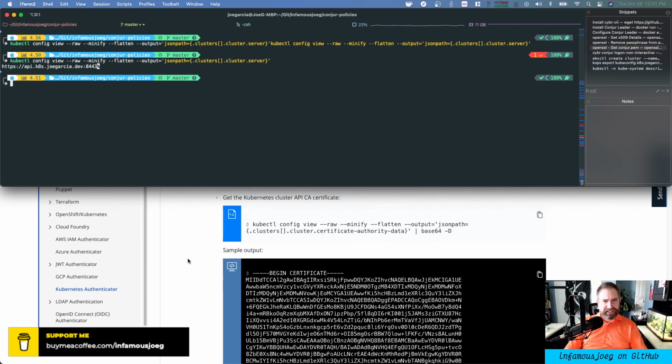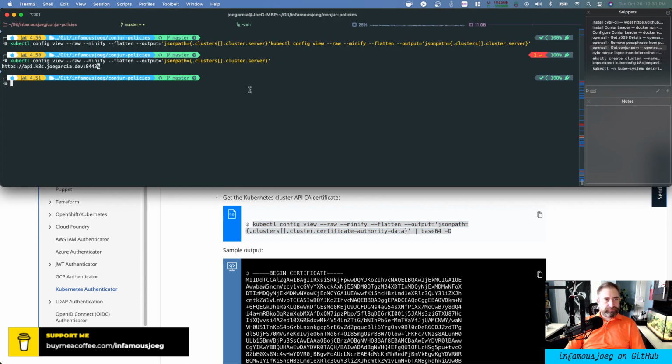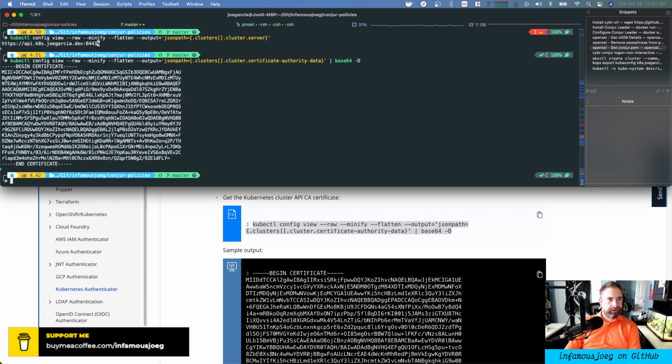And it wants a certificate. But it's just a certificate, so I guess this is okay. No private key action going on here. So we'll output this too, and this is the command that it gave me. It looks like it'll be returned base64 encoded, so we need to base64 decode it over here. So I got my URL, my certificate that I'm going to load up, and then I have my token,